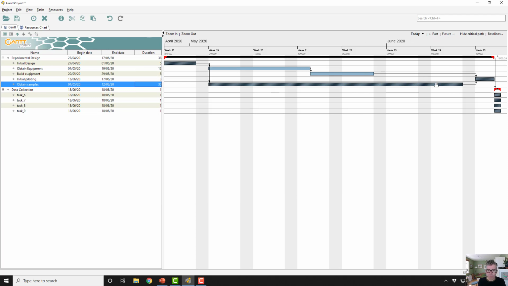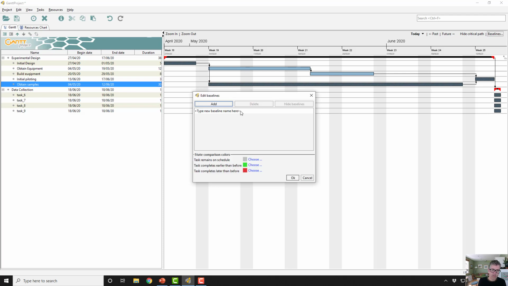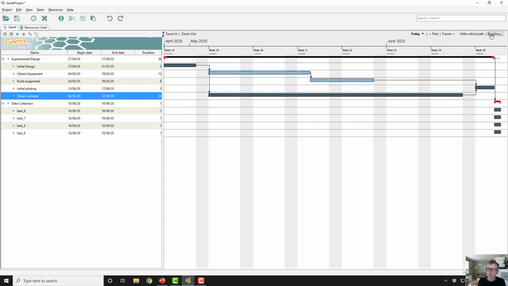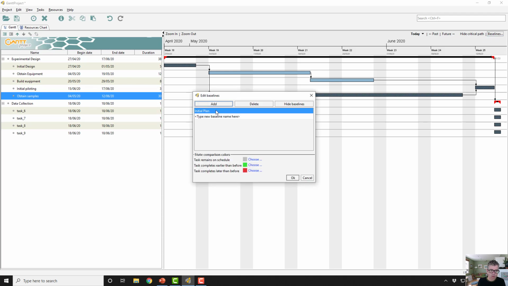The final thing that the software will do, which isn't so important for the planning phase but can be very useful during the delivery phase of the project, is creating what's called a project baseline. So I'm going to create what's called an initial plan project baseline. You can call it whatever you like, and if I create that and then I turn that baseline on, so I've got the initial plan and I've turned it on. If I now start modifying how long a task takes to do, we will see the changes that occur.